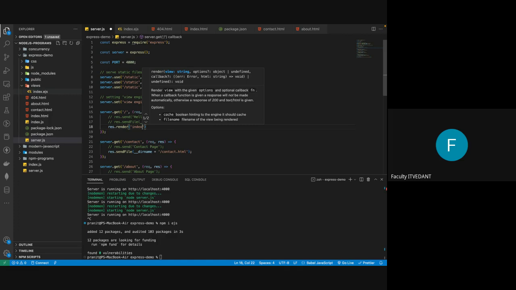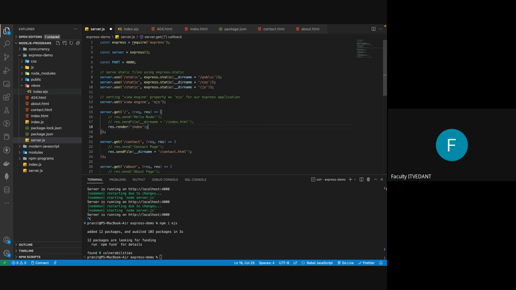So you don't have to write views slash. Just specify the view name, that is index, and you don't even have to specify the extension because by default the extension picked up will be .ejs only. Even if you write index.html, only the index.ejs file will be picked up, not the other file. You just have to write it like this